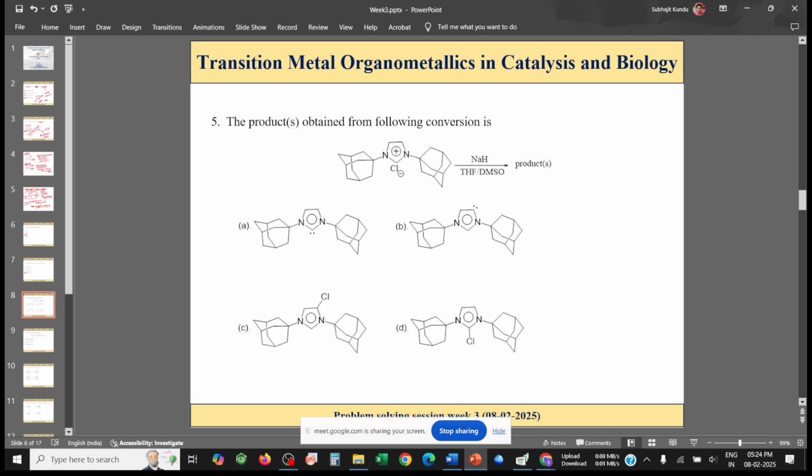So we have the adamantyl substituted imidazolium salt, and if we treat this with a base, it will generate our desired product. Now we can see that all of these do not contain the carbene atom. We know that if we treat the